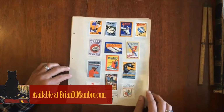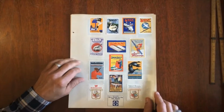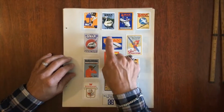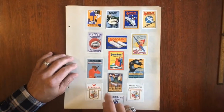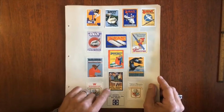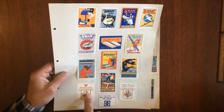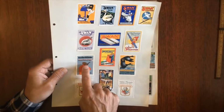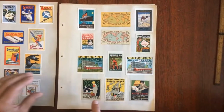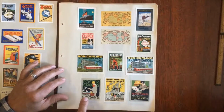Let's look at this very pleasing collection of 179 early 20th century American poster stamps. The majority of these stamps in this small grouping relate to pens, writing, publishing, and printing. There is actually this Smith & Wesson gun and Winchester gun one here with a shotgun powder here, another one here. So there are a variety, but some of the great stamps in here are things like this splendid one